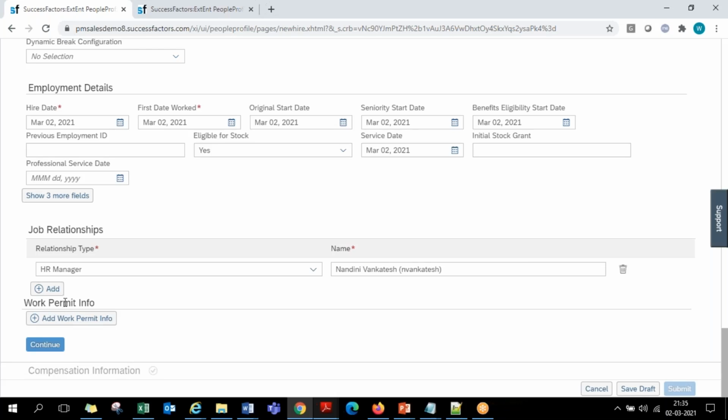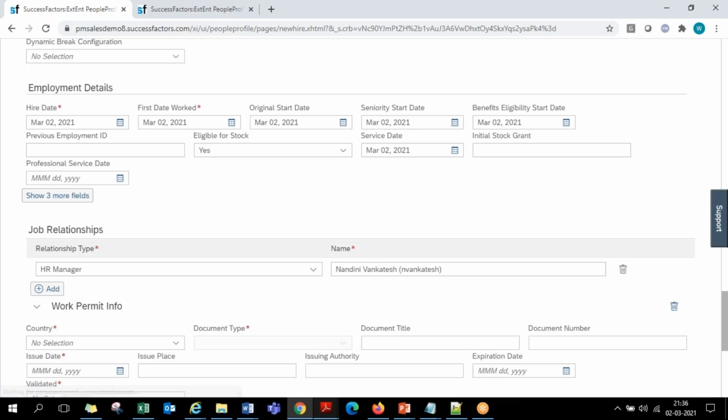And one last thing under job information category is work permit information. So if this new employee whom you are hiring into the company has any work permits of other countries, work visas of other countries, either that might be business visas or visit visas, what kind of visas, if you want to record that, this will be useful, guys.